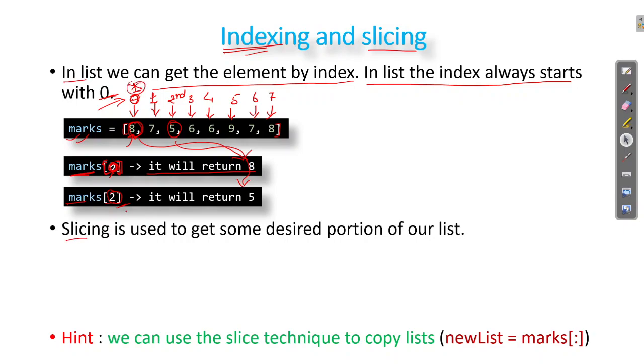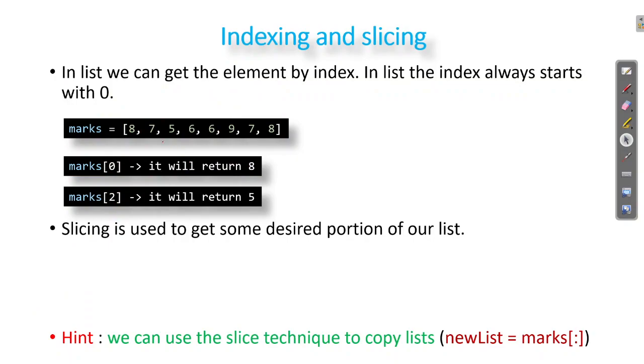What is slicing? Let me clear the screen first. If you want to get some portion or some section of your list, you can get that by using slicing. Slice, by the name itself, will slice this list into the portion that we want. We provide the name of the list, the variable name, then square brackets, and then we provide the start, colon, and stop. This is the starting index and this is the last index. Keep in mind that this last index is excluded.